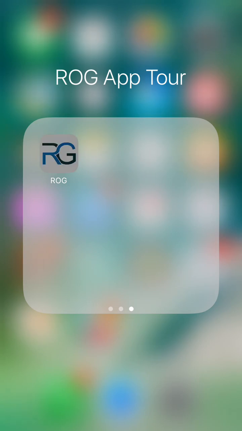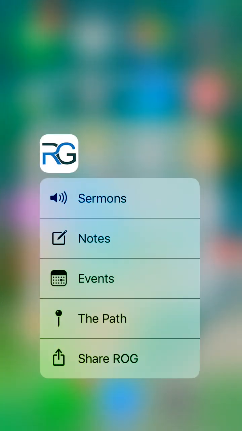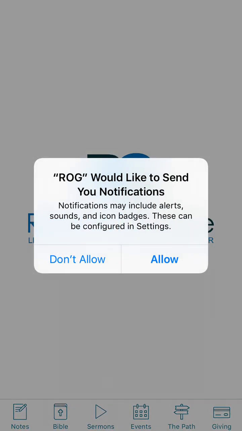So you can see already here I'm deep pressing on the app icon, and that gives me the ability to access quick actions. So this lets me jump into different areas of the app from outside of the app, and also you can see I have the ability to even share the Rock of Grace app. So instead of pressing one of these and diving right into the specific section, I'm going to press the app icon, and you can see it takes me into the app and asks me if I want to register for